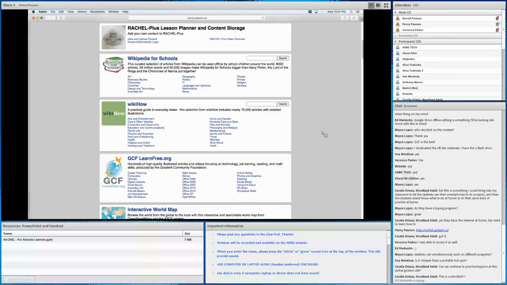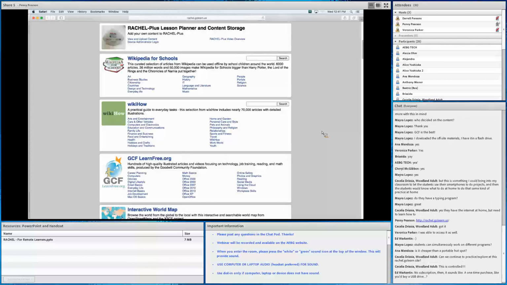Yes, you can, Celia, you can look at Rachel at the Go Learn site, and please understand that all of this is customizable, meaning you can order this device, and one of those videos I showed you earlier, Jeremy shows you how you can delete modules or how you can go on to Rachel Friends, it's another support site here, and add other stuff, okay? Correct, Ed, no subscription. No subscription, a one-time purchase.